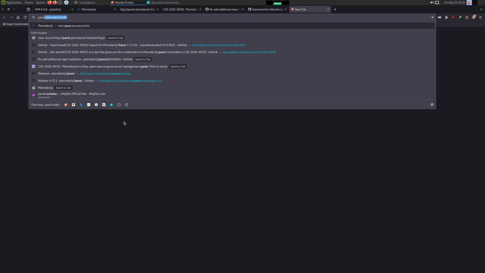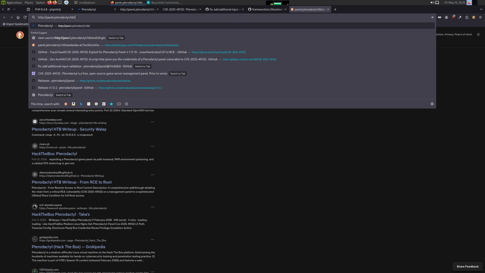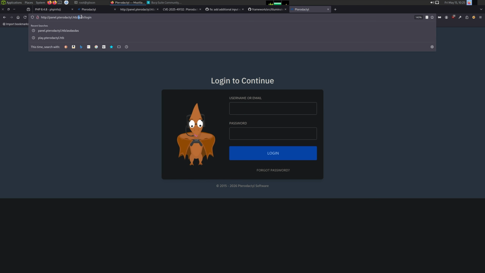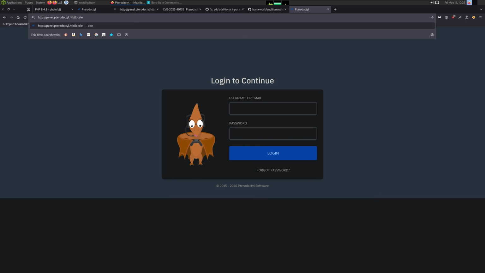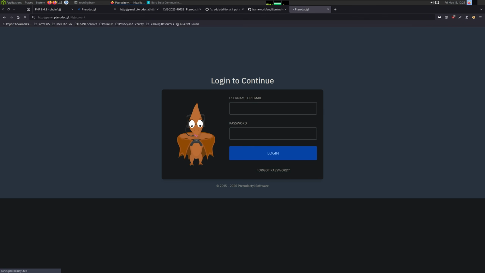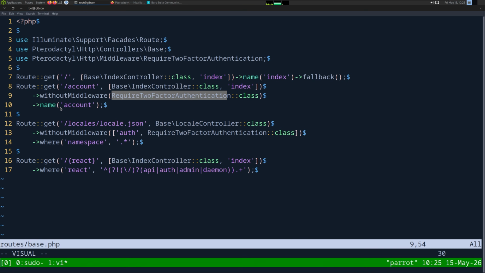But if I go to panel.pterodactyl.htb, and we hit random URLs, I have to go to HTTP panel, it directs us to auth login. But if we give it something that doesn't require authentication, let's try a /account. This is probably going to give us auth login, probably because we don't have the name account. I guess this is not requiring 2-factor authentication. But let's go here. Locals,